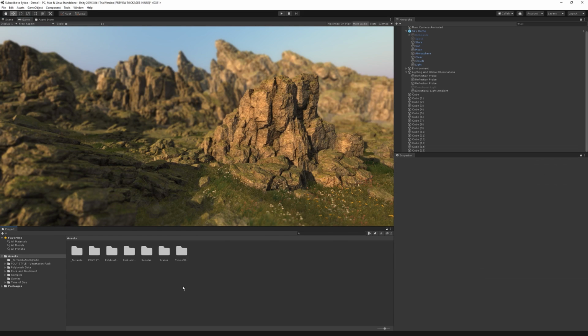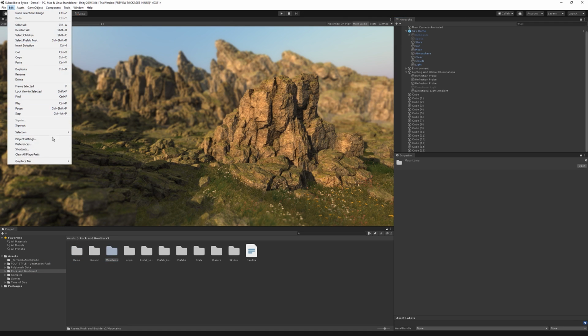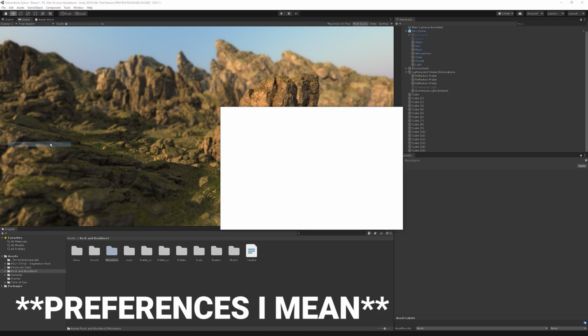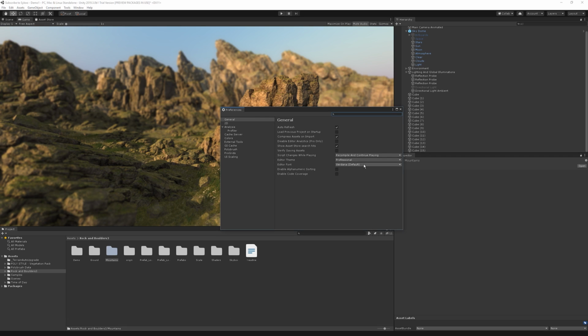In Unity 2019.3, they introduced a new Unity UI, which also introduces a new font. Now, if you dislike the new font, you can switch back to the old one or another one through the project settings. Let me actually know in the comments what you think of the new